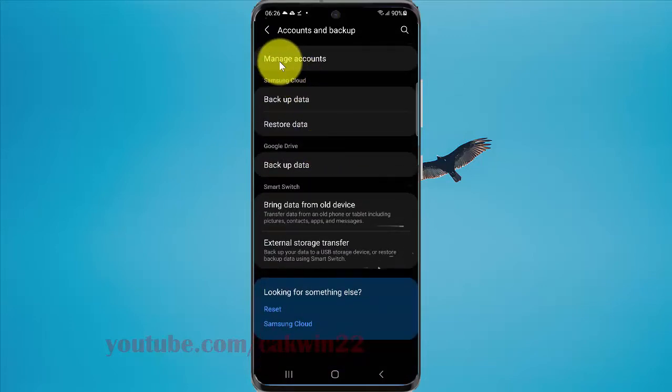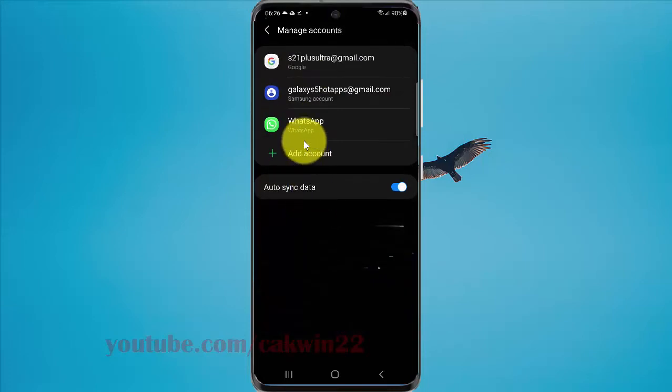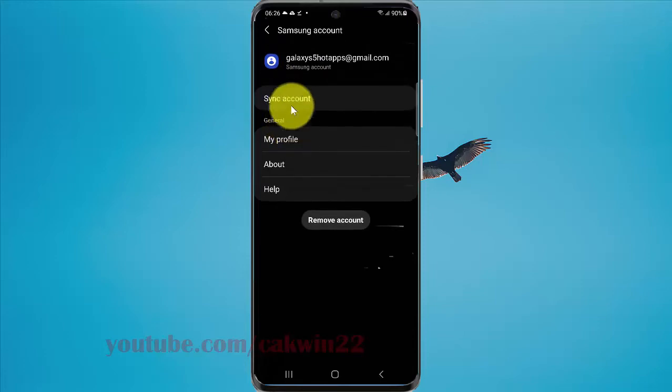Tap manage accounts, and then tap your Samsung account. Select sync account,